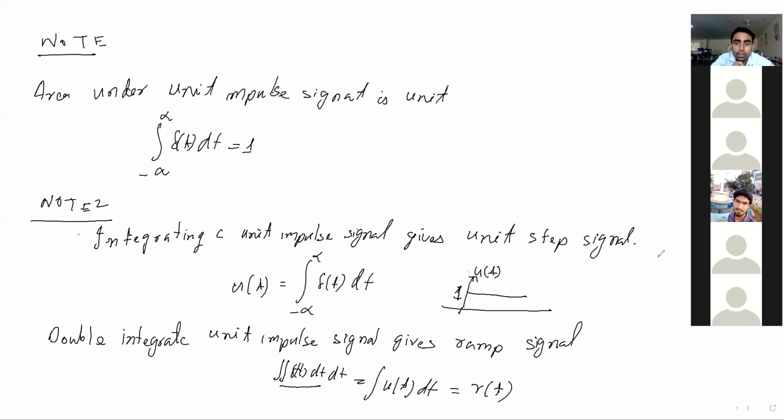Those things are very important. These are the basis, so you should know all the steps. All the notes are very important. This integration part, this relation is very important. In competitive exams they also ask simple 1 mark questions from this sort of thing. For example, if we differentiate a parabolic signal, what will we get? So these are very important, these are very basic.